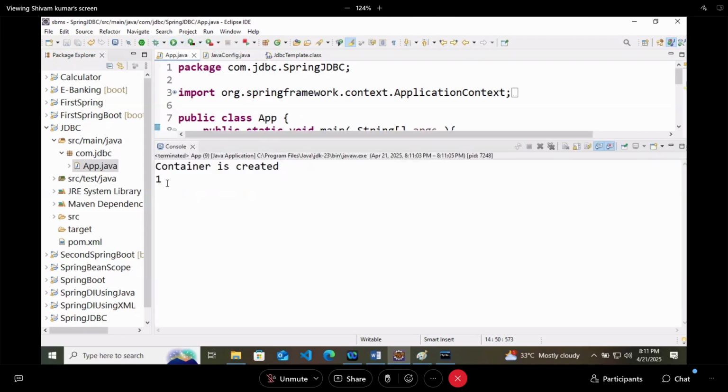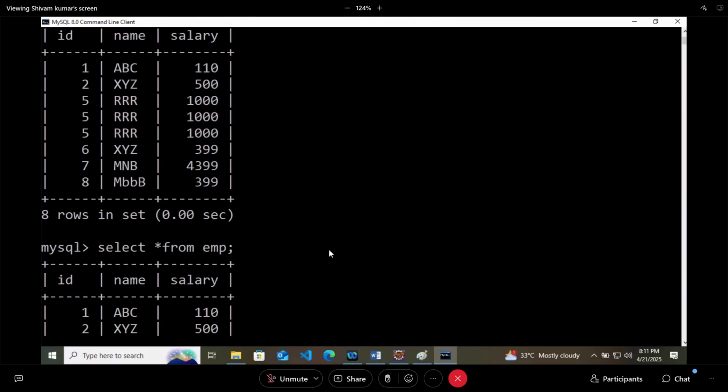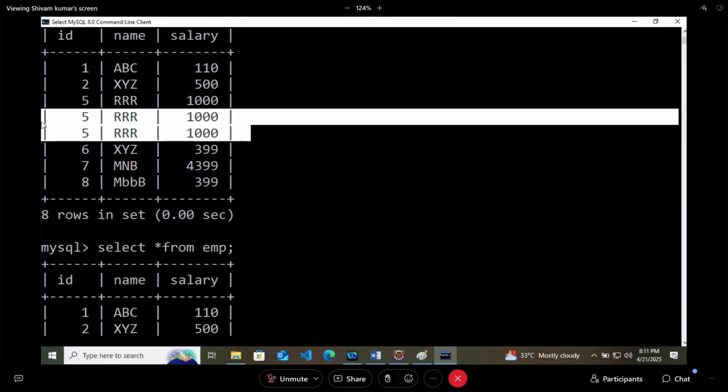Container is created and we got 1. And again we will check the database. This time we are getting 1. The reason is that last time there were 2 employees with ID 5, and one time it will remove and another time it will say nothing to remove, right?